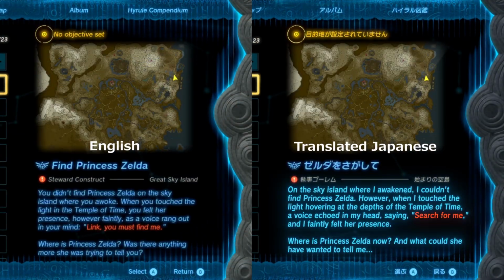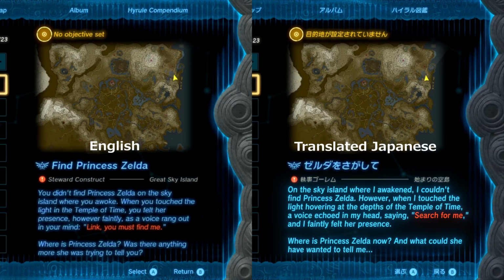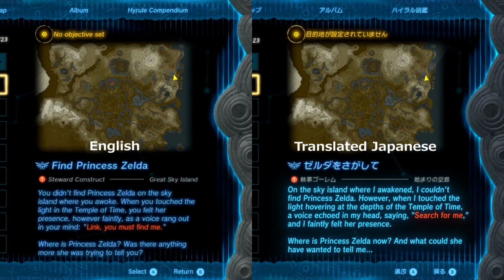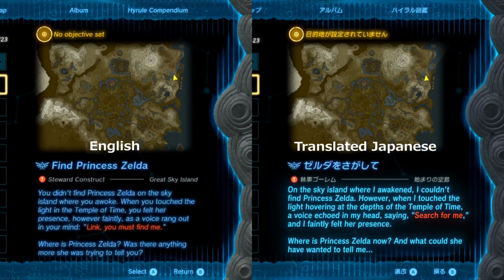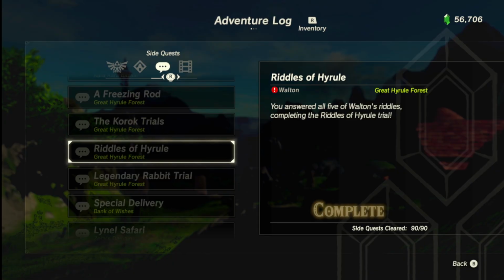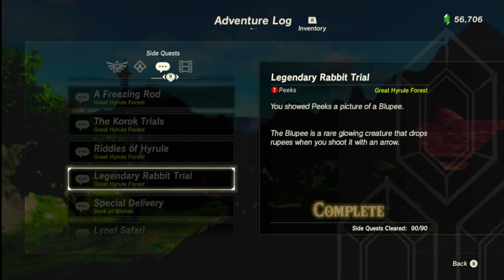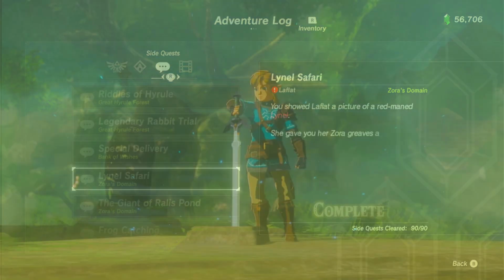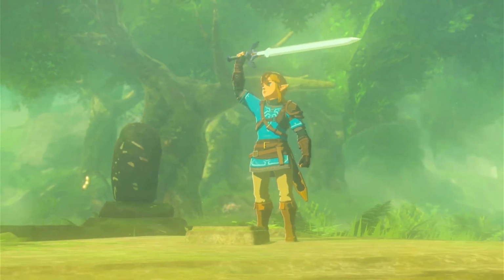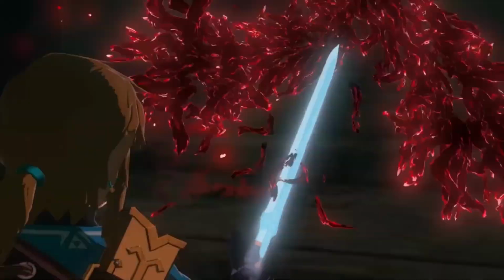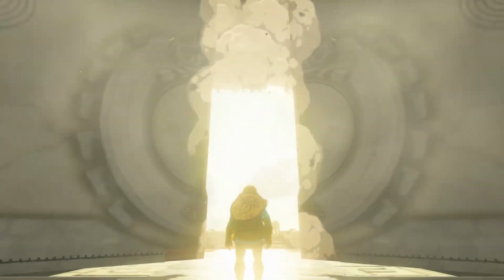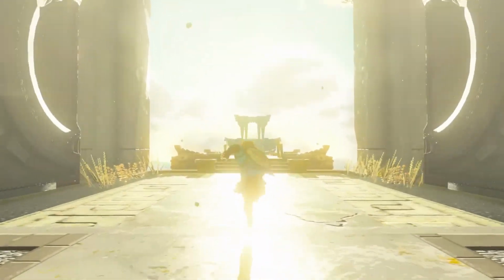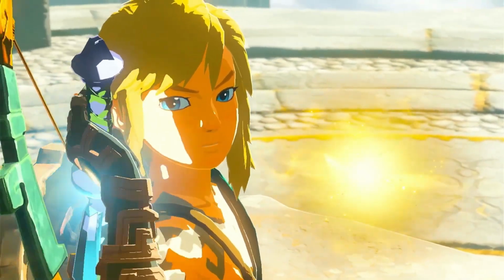While it's true that the English version of Breath of the Wild's adventure log is missing multiple lines that are present in the original, the whole log being in the second person is not necessarily a mistranslation or translation error. In essence, this discrepancy arises from a fundamental difference between the Japanese and English languages, making it challenging to seamlessly transfer the nuances between the two.